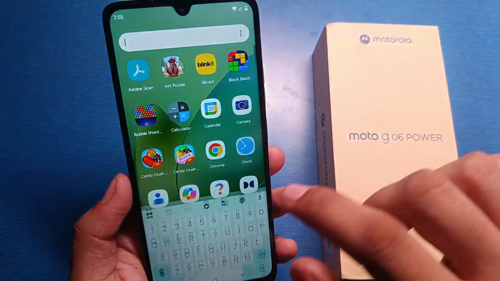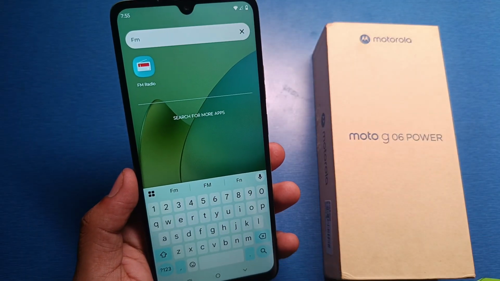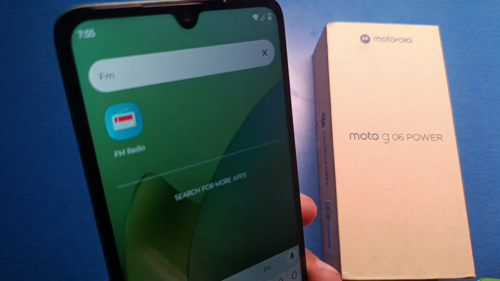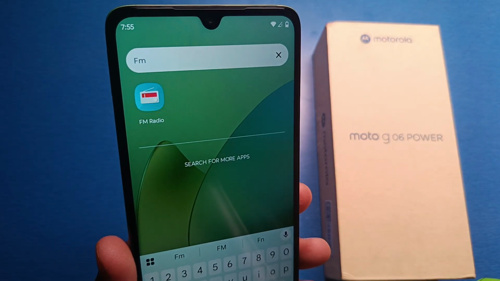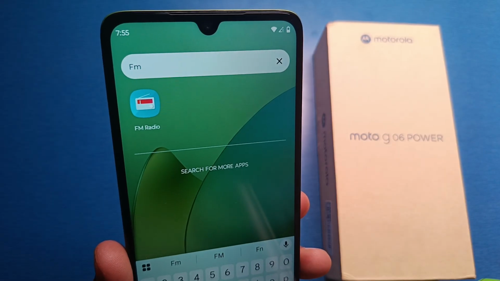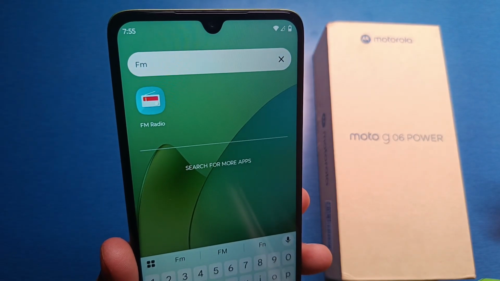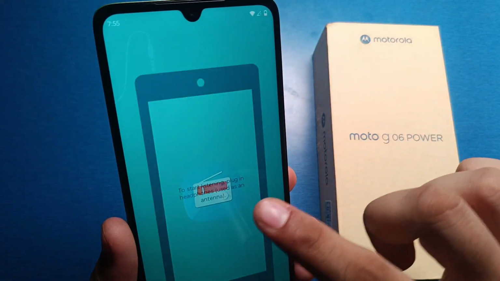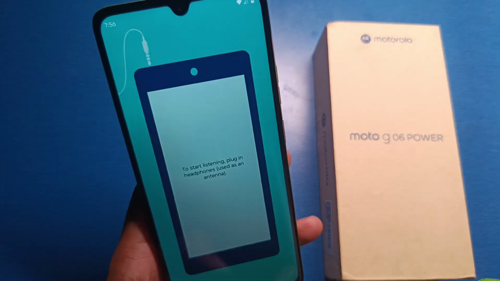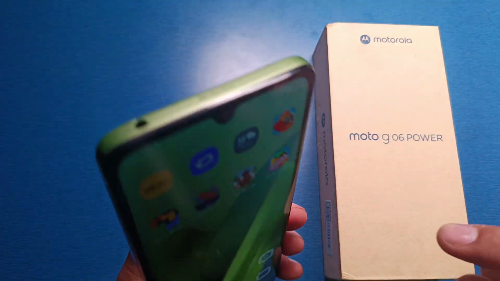In this video I am gonna tell you about how to fix the FM radio service problem in your Motorola smartphone. Friends, if your FM radio is not working and if it is showing not responsive or any kind of issue you are facing, so you can see to start listening, plug in headphones or any other issue. So you have to just